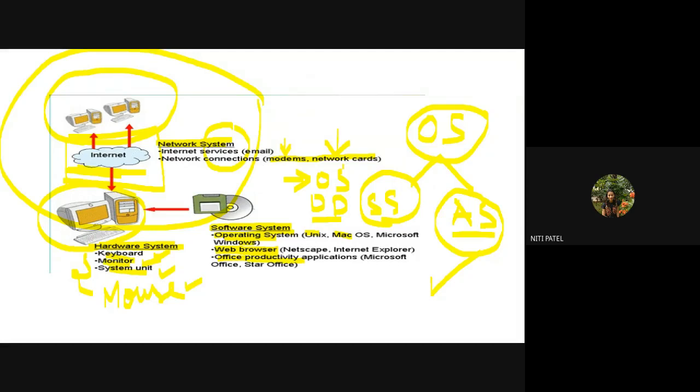And what will be required for the network system? A networking device, which can be any of the networking device, as I just said, router, modem, network card, LAN card, cat cables, etc. And once that network device is installed, you will require only one additional software, which is any one of the web browser to start surfing on your internet. Is this clear up till here?